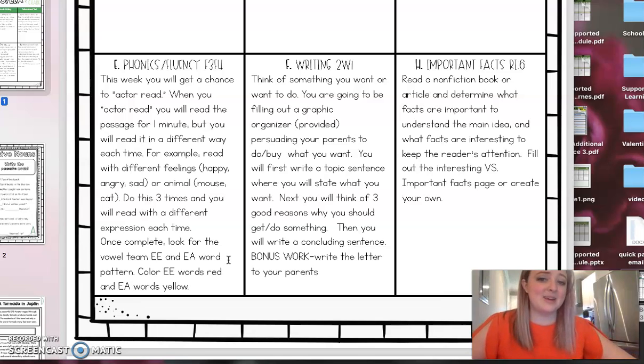Do this at least 3 times, it says, and read with a different expression each time. So read it 3 times this week or read it 3 times today. It's up to you. And then reviewing that EE and EA sound, those word patterns,